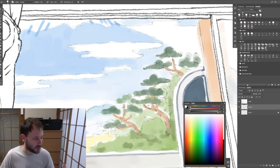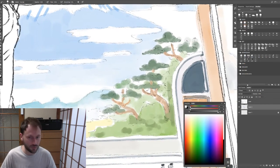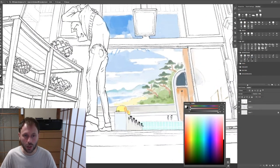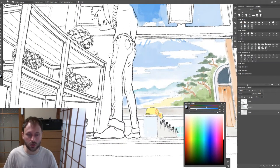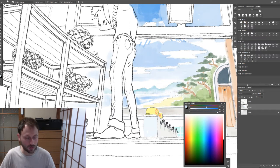So those are three ways that you can level up, even if you have no classes in drawing. And you can also do stuff like Inktober, or a lot of the art challenges on the internet right now. So even if you don't know what to do with your time, or what to draw, there are a lot of art challenges that are good for leveling your skills also. So yes, four ways